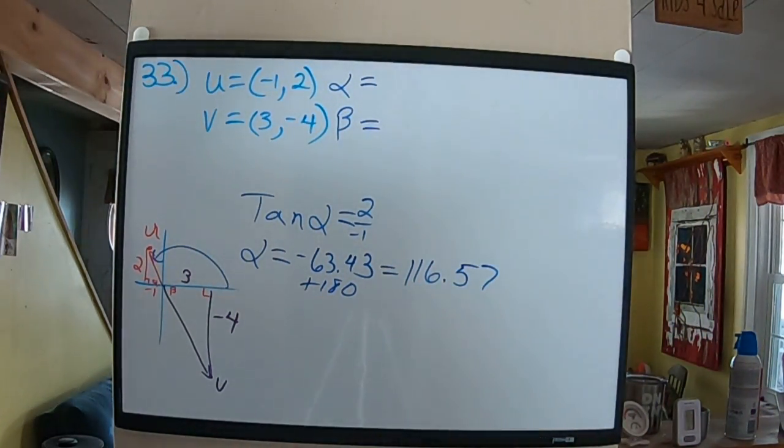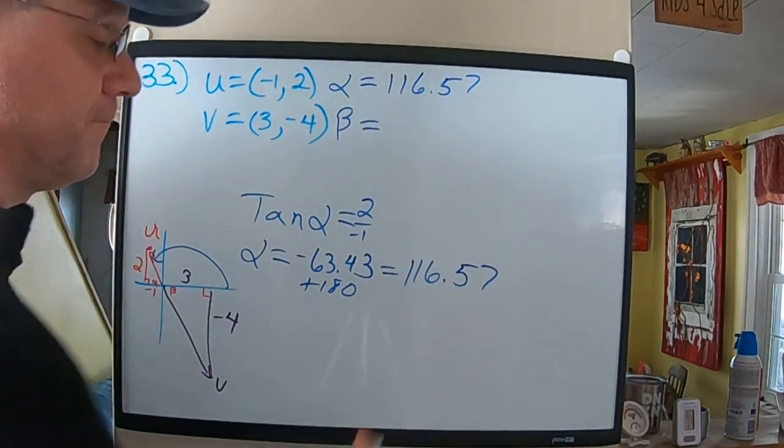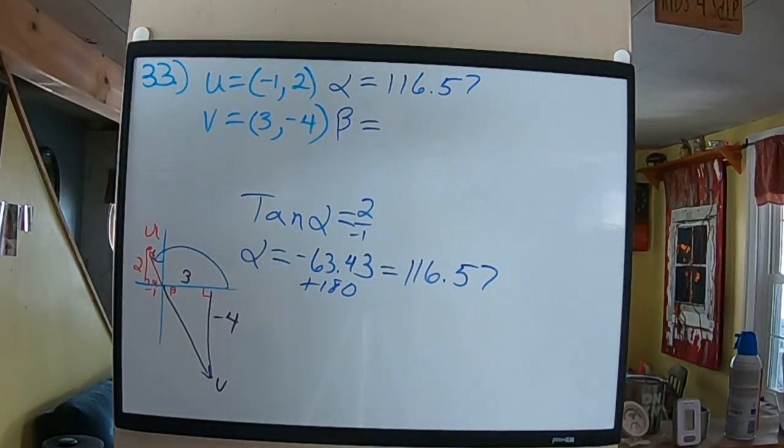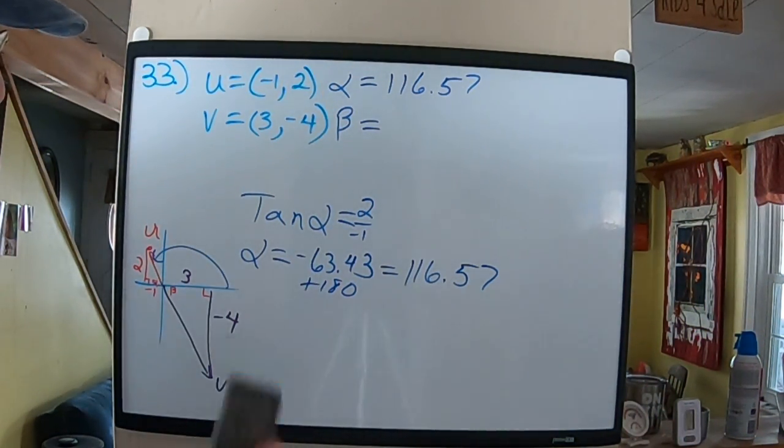So that's our actual alpha, 116.57. Because if you took tangent of 116.57, it comes out to the same thing as -63.43. I'm not 100% sure why the calculator doesn't give me the 116 instead of the negative angle, but that's the way